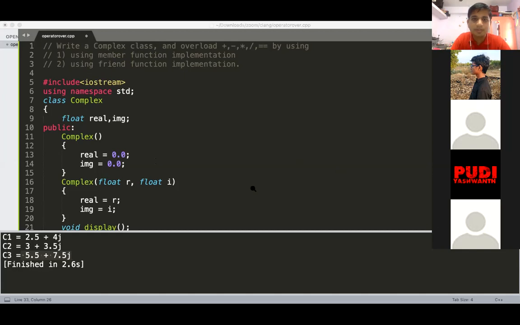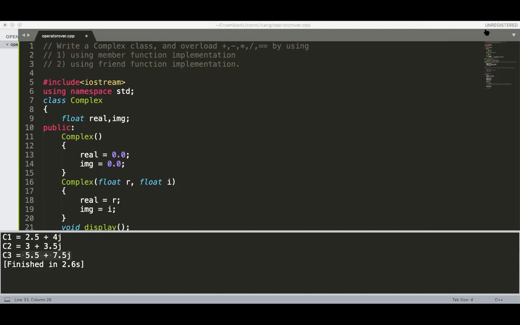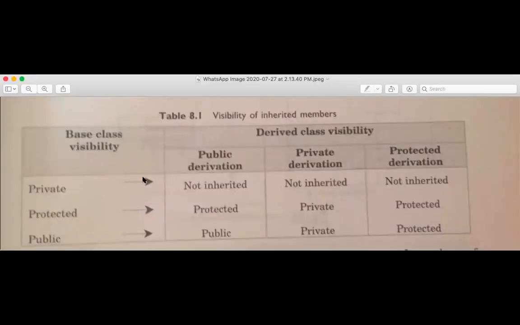Yes, this one. Okay, so this is the photo that I have shared. That is the visibility of inherited members.